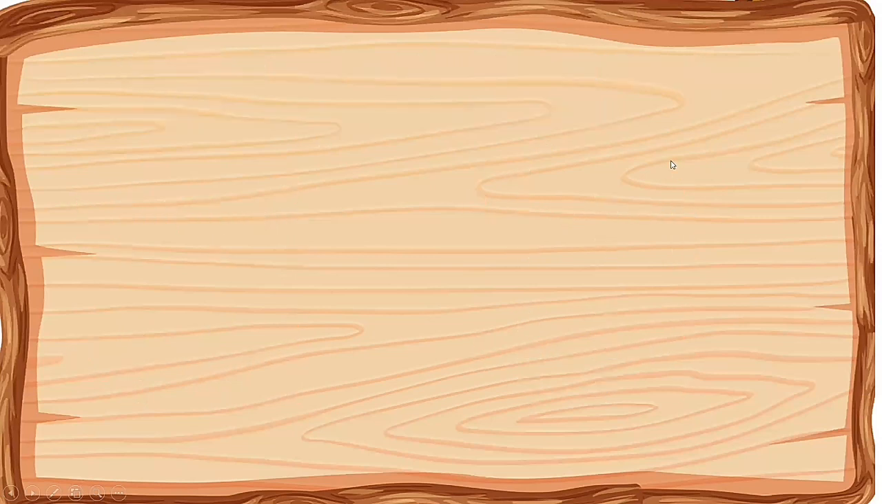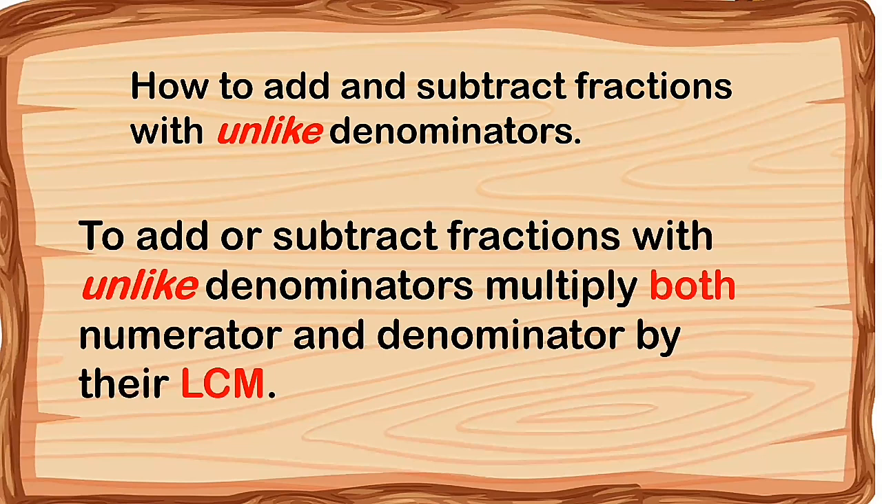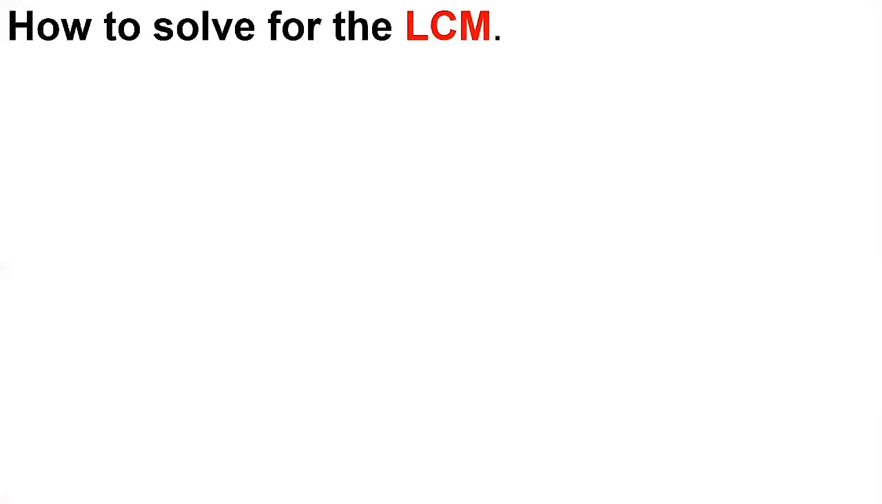So how about if you are going to add or subtract fractions with unlike denominators? To add or subtract fractions with unlike denominators, simply multiply both numerator and denominator by their LCM. So when we say LCM, that is the least common multiple. By the way, how are you going to solve for the LCM of the given